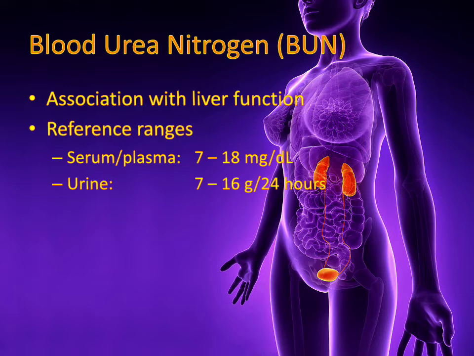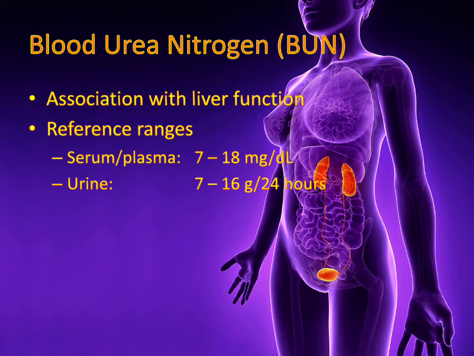Now that we've settled on that, let's take the lower reference limit, 7 grams, and convert that to milligrams per deciliter. We'll start with 7 grams per 12 deciliters, which equals 0.583 grams per deciliter. Multiply that by 1,000 to convert grams to milligrams, and we get 583 milligrams per deciliter. If we do the same to the upper reference limit, we get 16 grams divided by 12 deciliters equals 1.333 grams per deciliter,